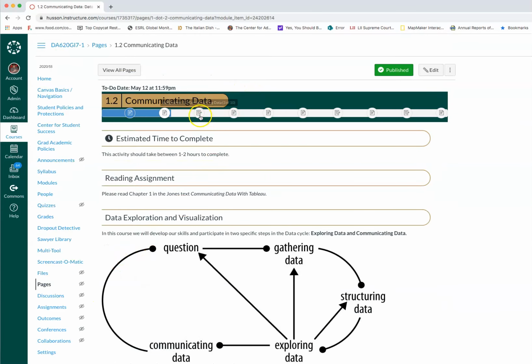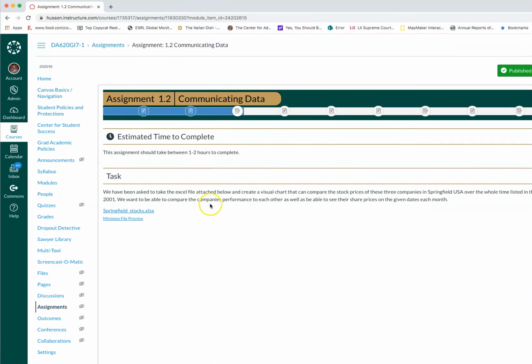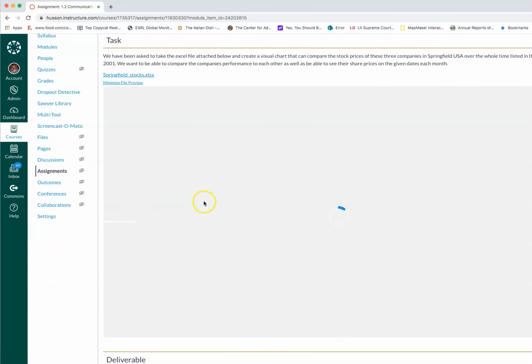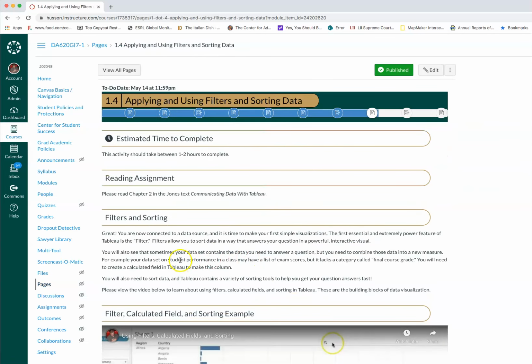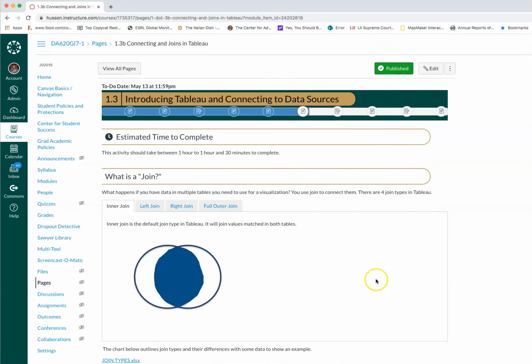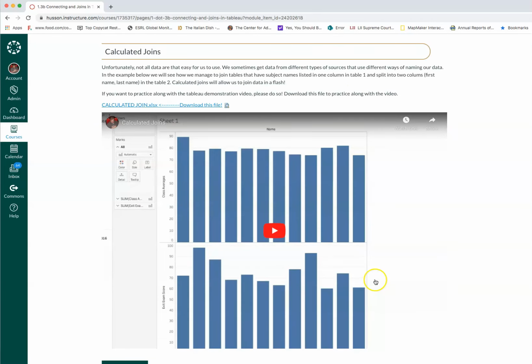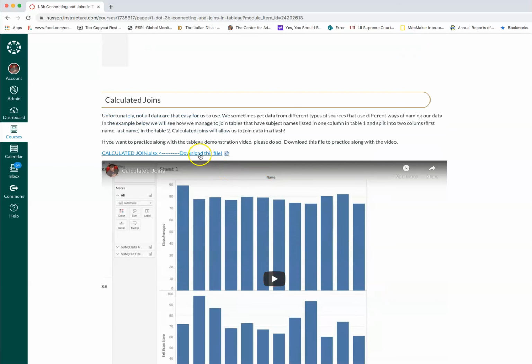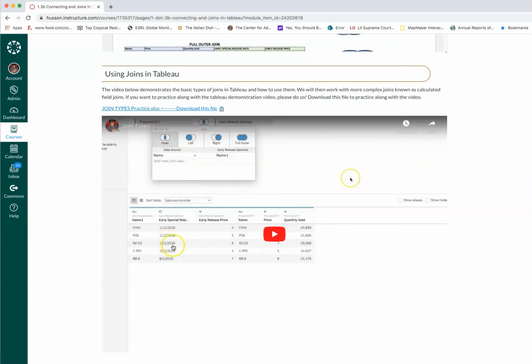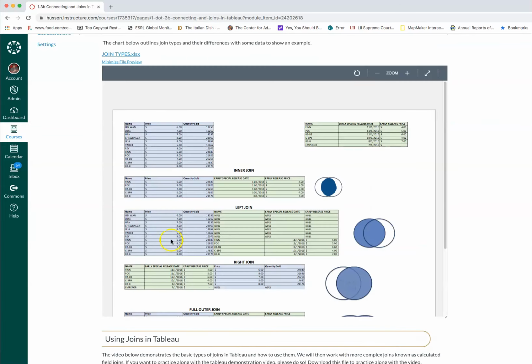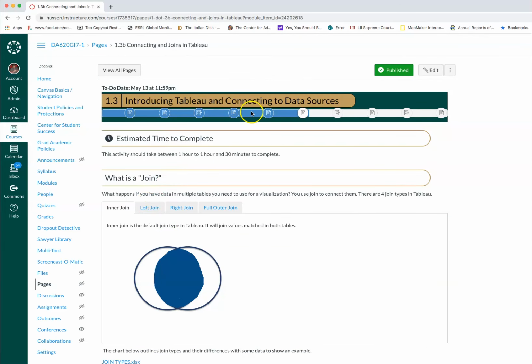You'll notice that our assessments or assignments are here, and you get to practice with the data sets that we work with. And as we go through, especially as we start working with some more complex types of data, I will include the data sets that I'm using in our examples, so you can join along and work with the videos that are there. And then you'll get to practice with a different data set in the assignments.